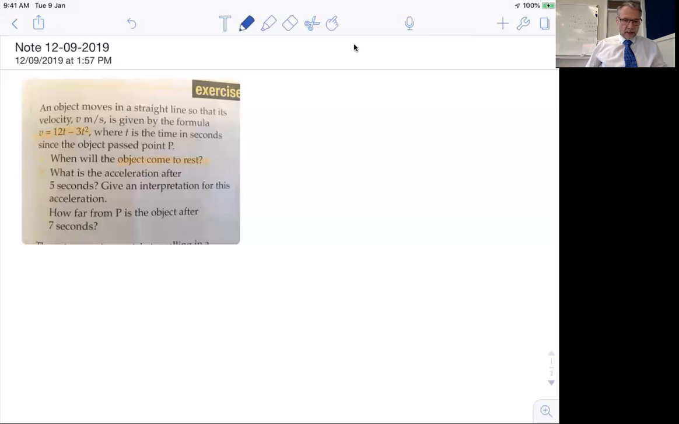And then obviously that is when v is equal to 0. Not all of the questions are going to require differentiation or integration, and this one doesn't, because when it comes to rest, v is just equal to 0. So we set the velocity statement to 0,